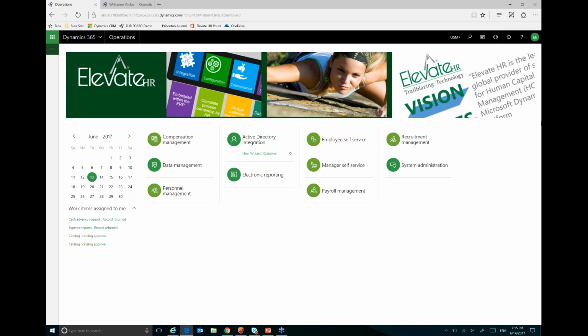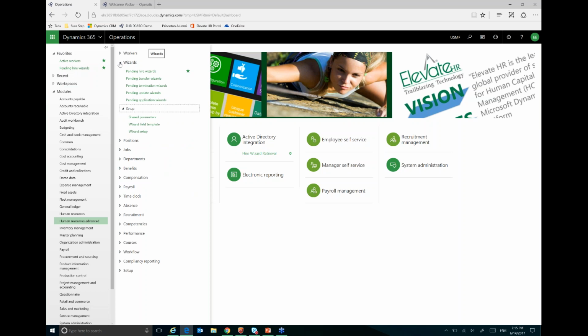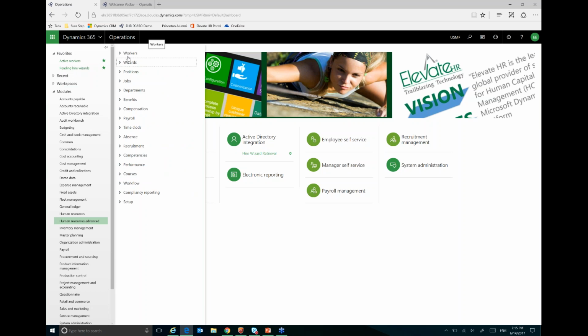Wasn't too much. I've been sitting here on the dashboard with the navigational points. The only other thing that's worth looking at over here for right now is this little navigation pane, or my hamburger menu, these three little lines here. If I open this up, it's going to give me a great view of everything that the system has to offer. We're focused in here today on the Human Resources Advanced module, although I do have access to the full ERP. And these menu items should give you a pretty good list of really fully what the system has